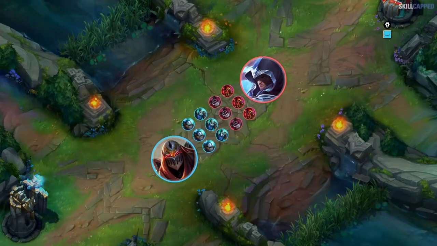Let's say you're a Zed versus a Talon in mid lane. Okay. That's a pretty fun matchup, and both players are looking to fight and outplay each other to score a kill. Just as you're hitting 6 and the lane is becoming even more...